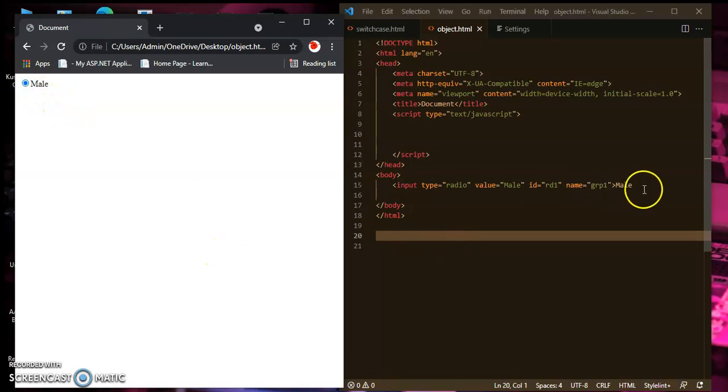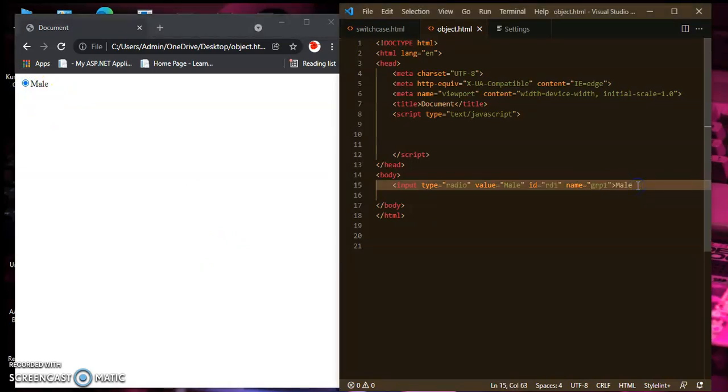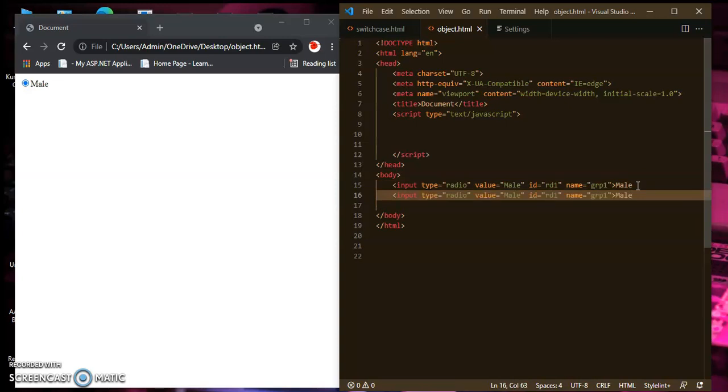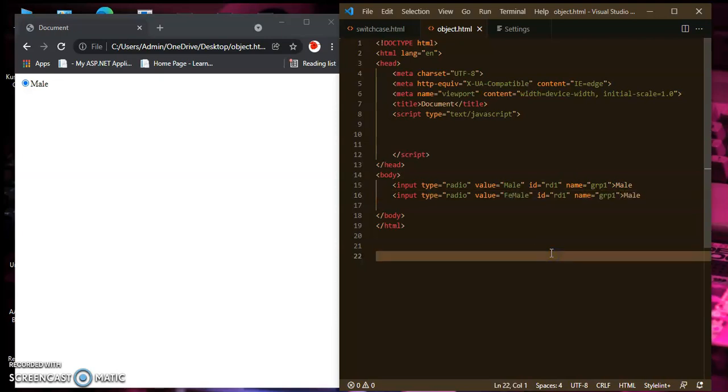Okay, now I will display a second radio button for the female. So input type equal to radio, value equal to female, and id equal to, I will put it same. If I don't put it same, then the form 2 of 1 cannot be selected.